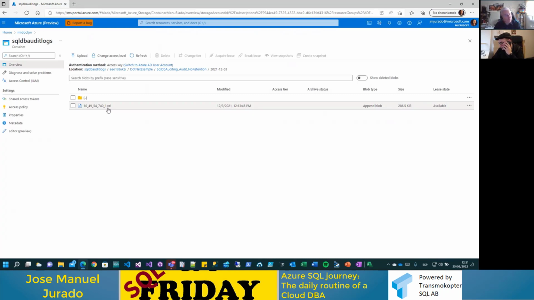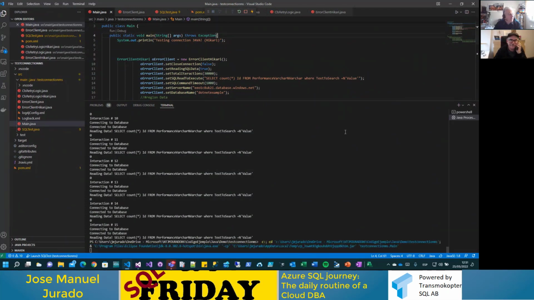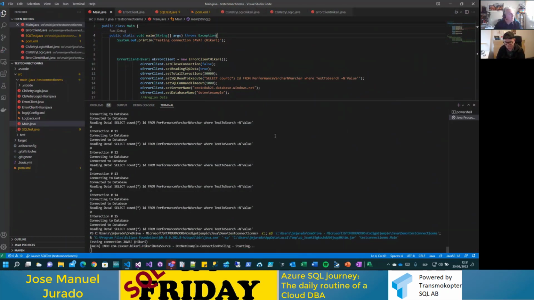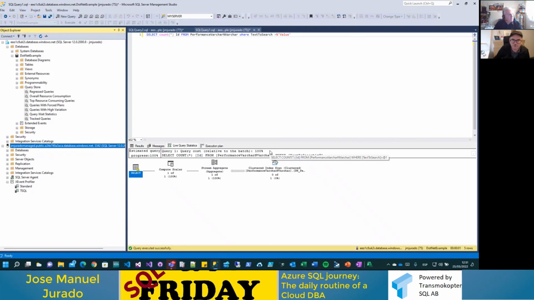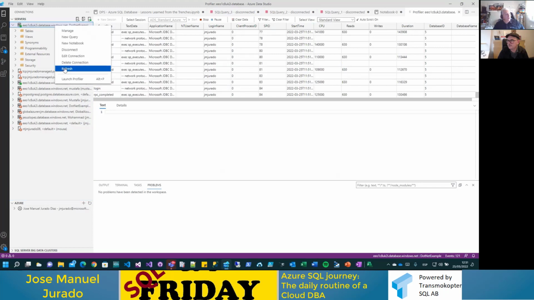I would like to show you, for example, let me run a query using Java. It's an application that is running right now. Also, in Azure Data Studio, you have a plugin for Azure SQL Database that is called Launch Profiler. It's an extension.